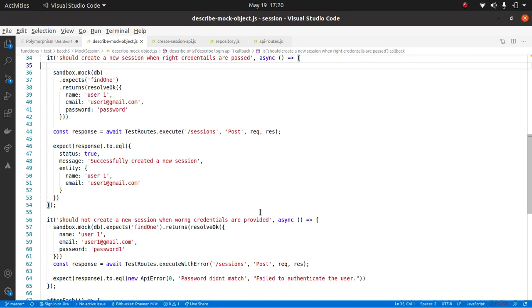Got it. Kaustav? Yeah, so here what he is doing is all the functionalities can be tested in the test only, but when we are calling some asynchronous function, we need to mock that dependency. So here we are using mock and sandbox to mock the DB object and all the queries related to it.